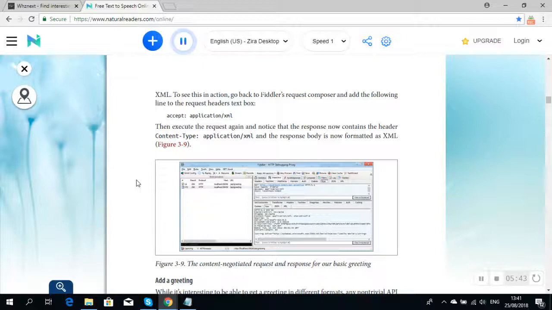To allow the client to create new greetings on the server, we need to create a model class to hold the greeting message's name and message properties. We accomplish this by adding the following class to the project's Models folder. public class Greeting { public string Name { get; set; } public string Message { get; set; } }